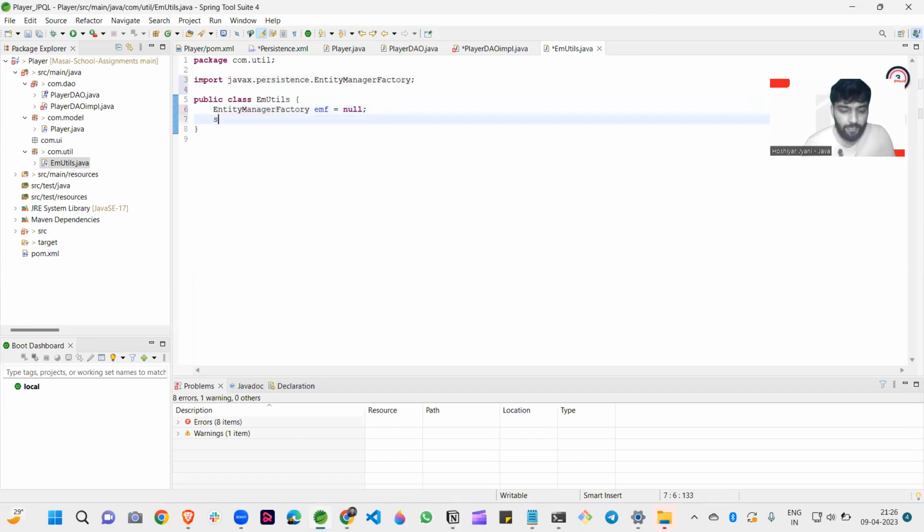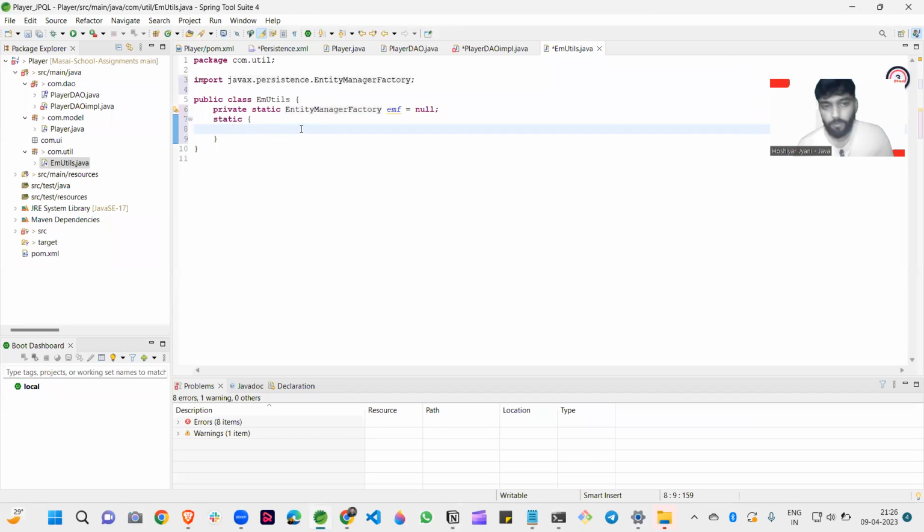So I write here a static block. We declare this static variable, private static, and we do this in a static block, because when our class is loaded, at that time this automatically takes the value in the entity manager factory. So EMF value is equal to